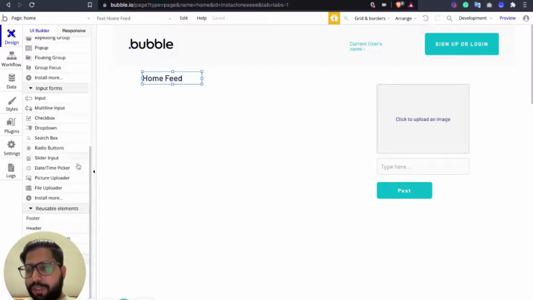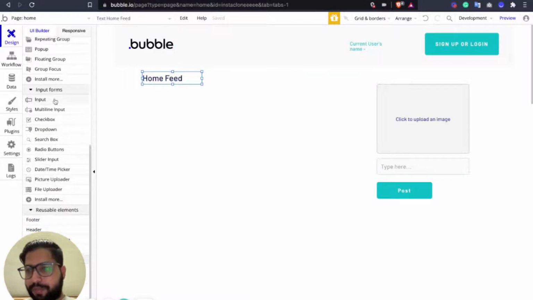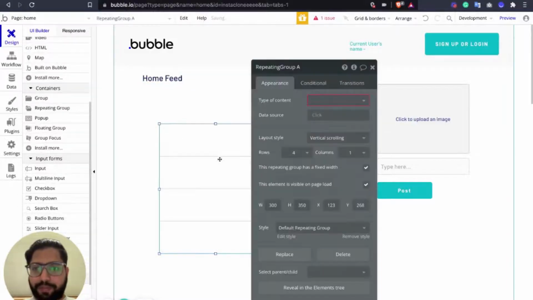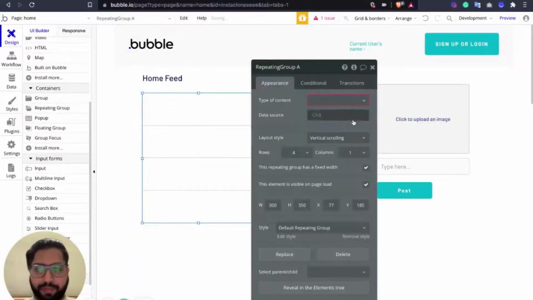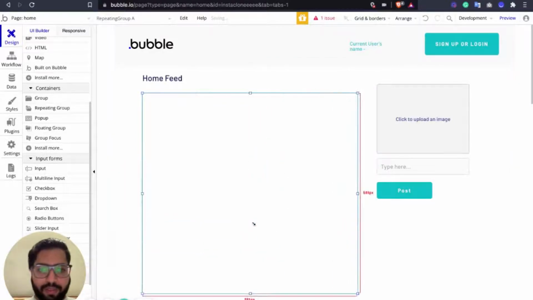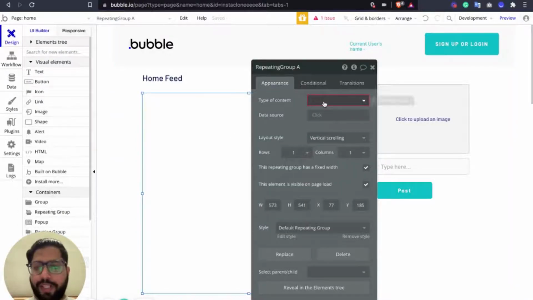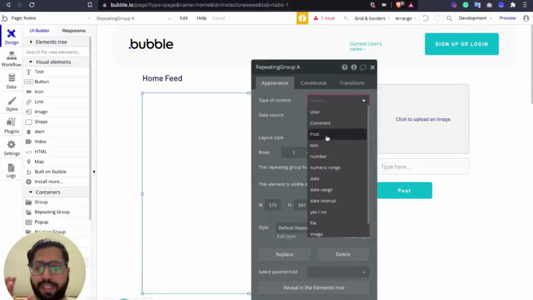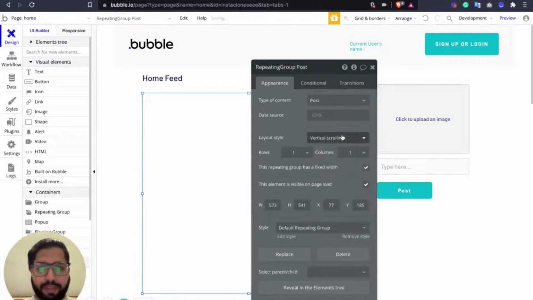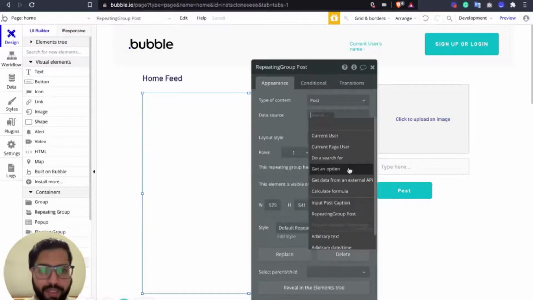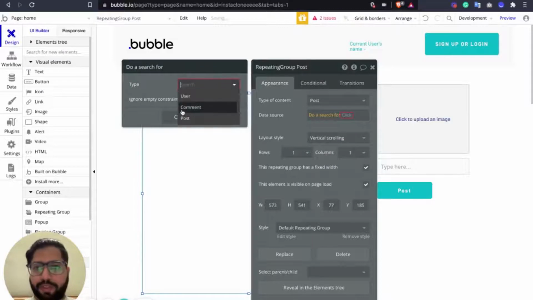And now we're going to use the repeating groups. Where is it? Yeah, I'm just going to give it a 1 and just stretch it back here. And I'm going to say, okay, the type of content we need is a post, and the data source would be do a search for all the posts.